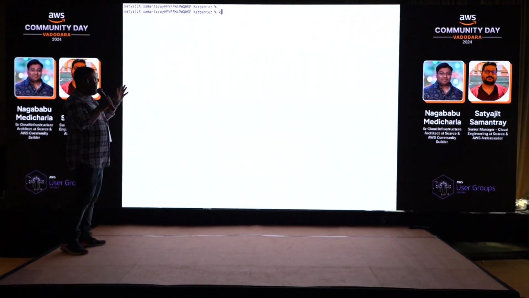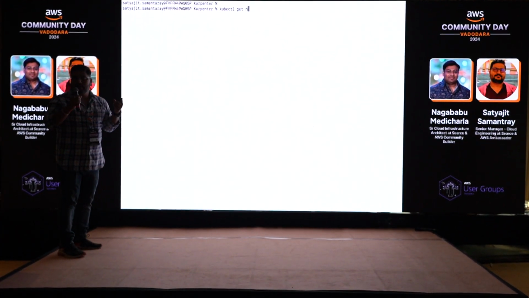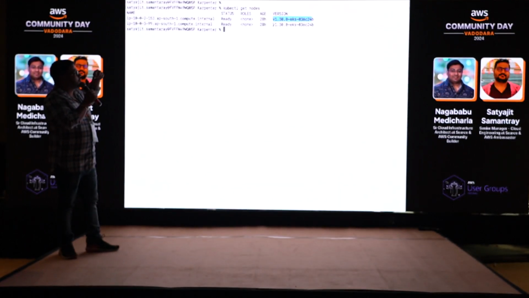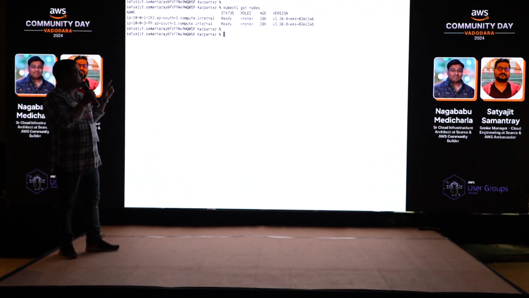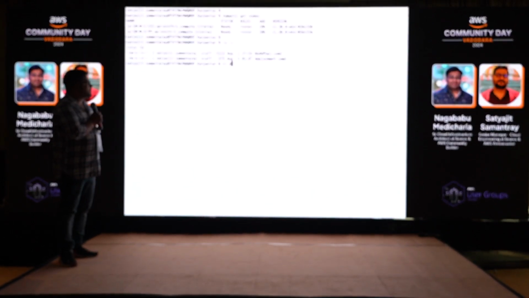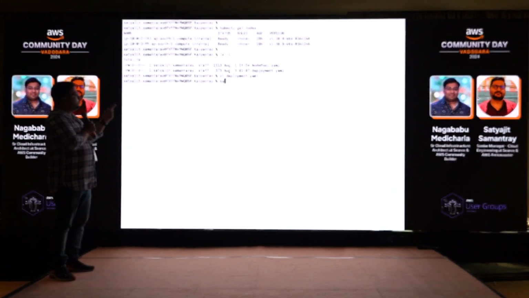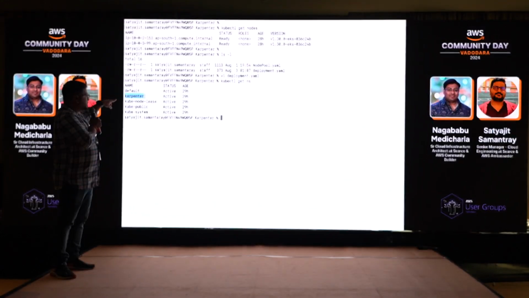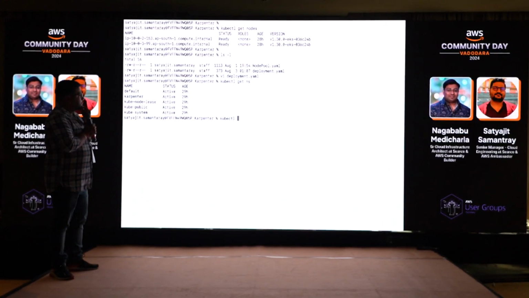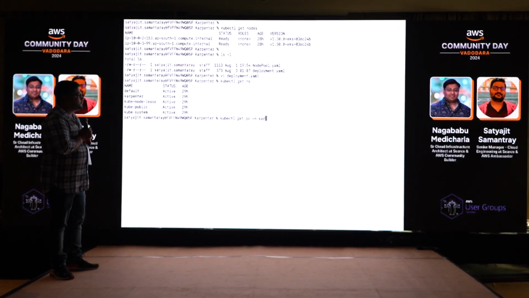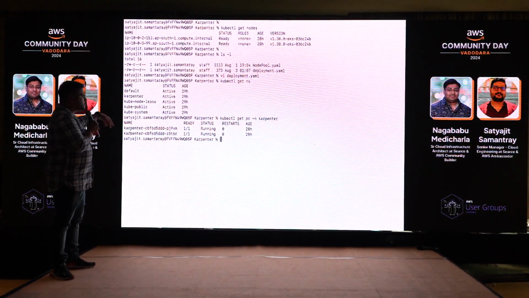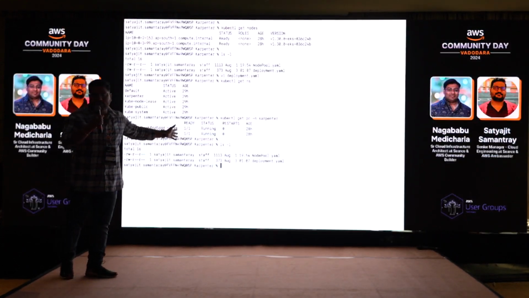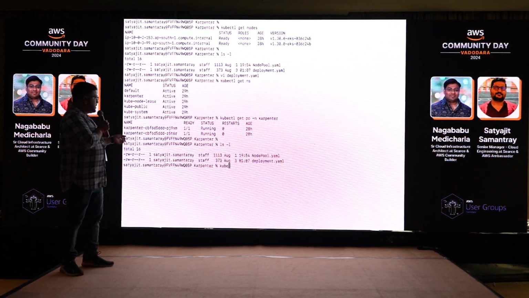Now, Karpenter we have already installed. Karpenter will be created in the karpenter namespace, which is created when you install Karpenter. So if you see, 2 nodes are there, and we can check that Karpenter is running in the karpenter namespace. This is the deployment file. How do you verify that Karpenter is up and running? If both the pods are in a running state. If a pod is in a pending state, not running, then you know Karpenter is not installed properly.